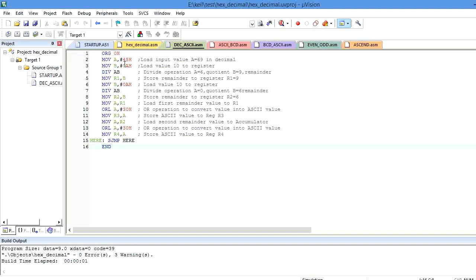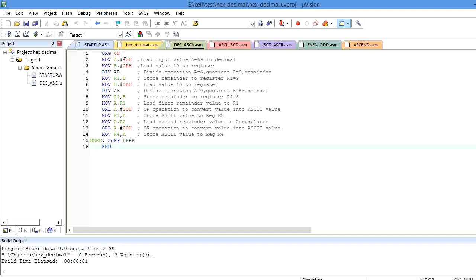So in order to convert the 45H, that is the hexa value of 69, into ASCII value, first I need to perform the divide operation by 10. Whenever I perform this hexa value divided by 10, I will get the equivalent decimal value. The equivalent decimal value of 45H is 69.